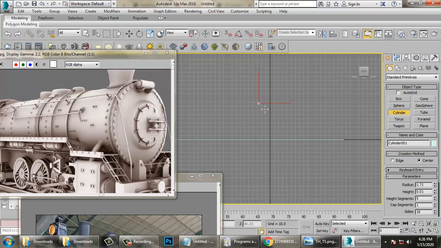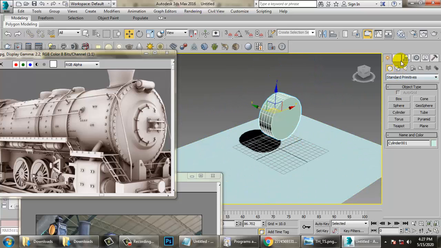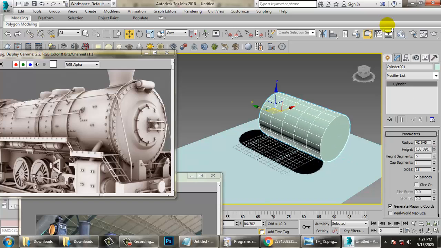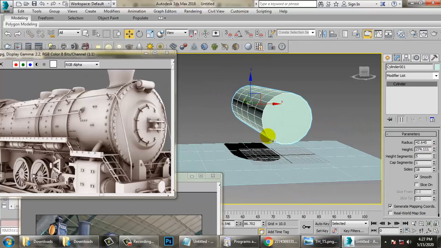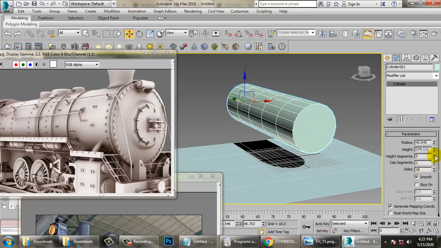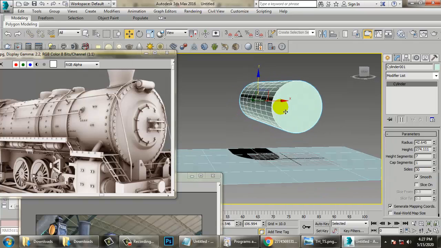Let's take a cylinder over here and just increase its height, and increase its height segments if you want, and also increase its sides. Let's keep the sides as 30 and just push it up.